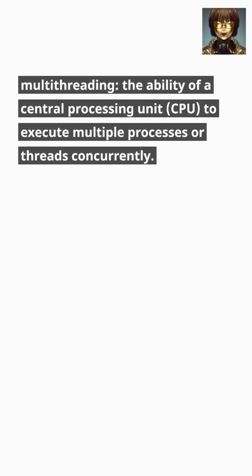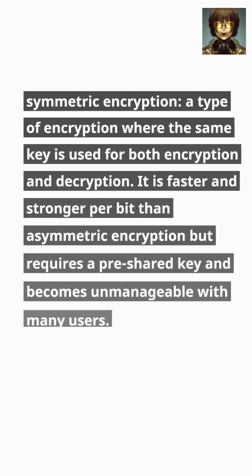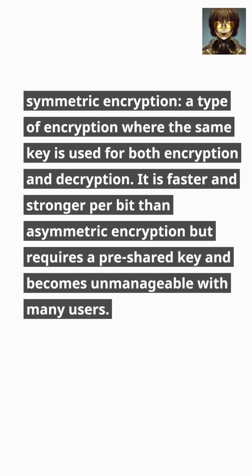Multi-threading, the ability of a central processing unit, CPU, to execute multiple processes or threads concurrently. Symmetric encryption, a type of encryption where the same key is used for both encryption and decryption. It is faster and stronger per bit than asymmetric encryption but requires a pre-shared key and becomes unmanageable with many